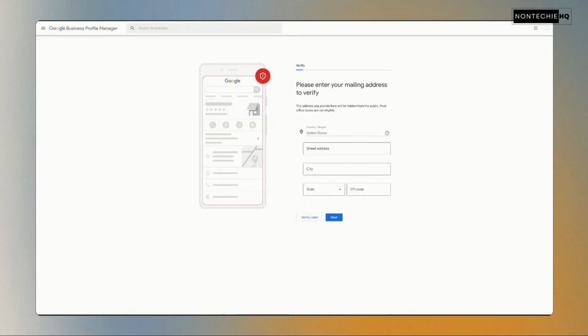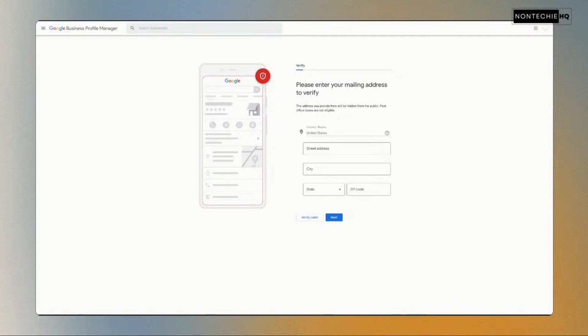Now it's going to ask for your mailing address. So it wants to know that you are an actual business, and this address won't be visible in the Google profile. It will only be used on the Google side.